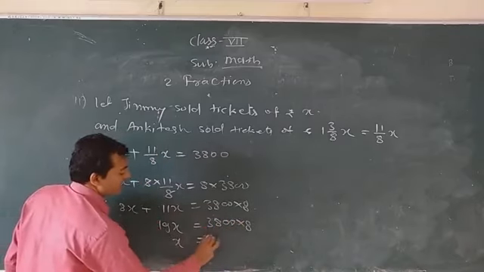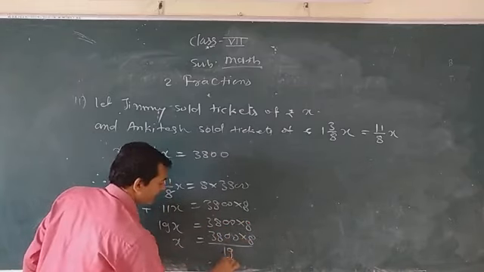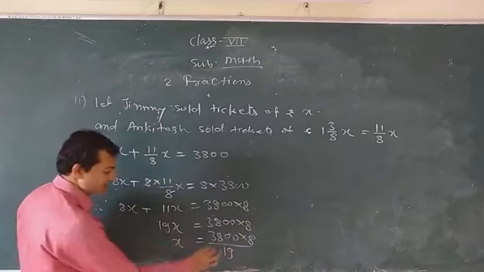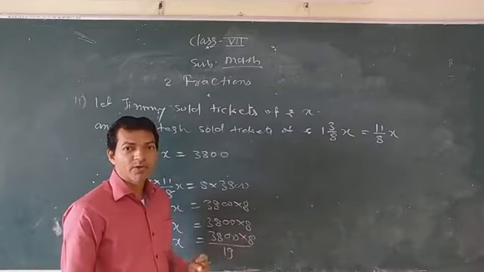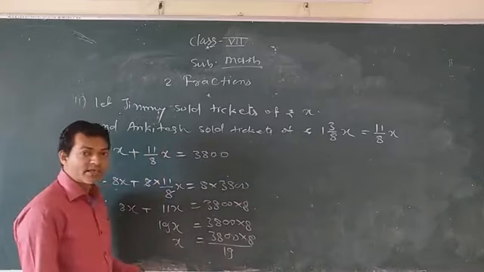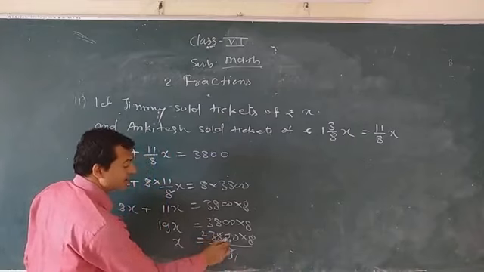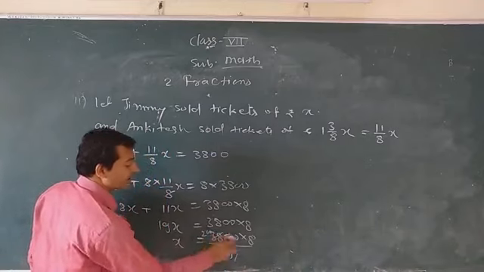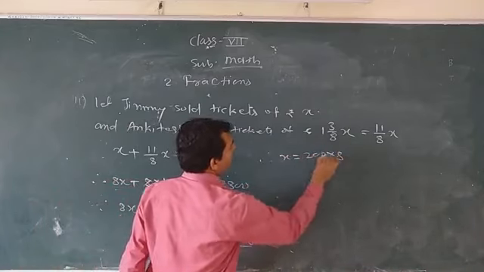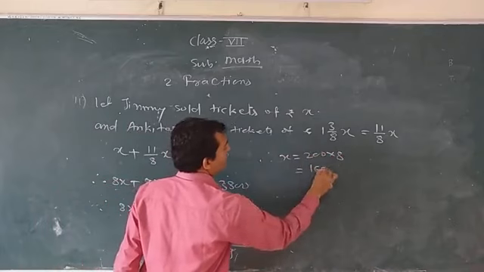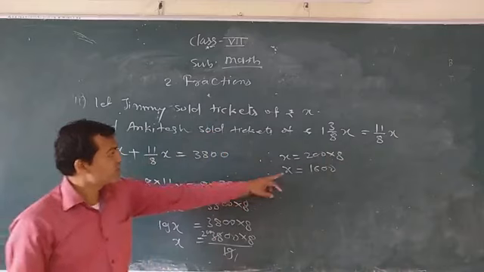Now you know very well x will be equal to 3800 into 8 divided by this 19. See here, this you can easily divide. If you multiply this one, you get the biggest number, it is difficult to divide, and it takes more time. So this is very easy. 19 1s are 19, 19 2s are 38. Now you have to put two zeros, means 200 into 8 is there. So therefore x is equal to 200 into 8. You can easily find 8 2s are 16. Now put two zeros here. Okay, means we can say that x means what? X is the